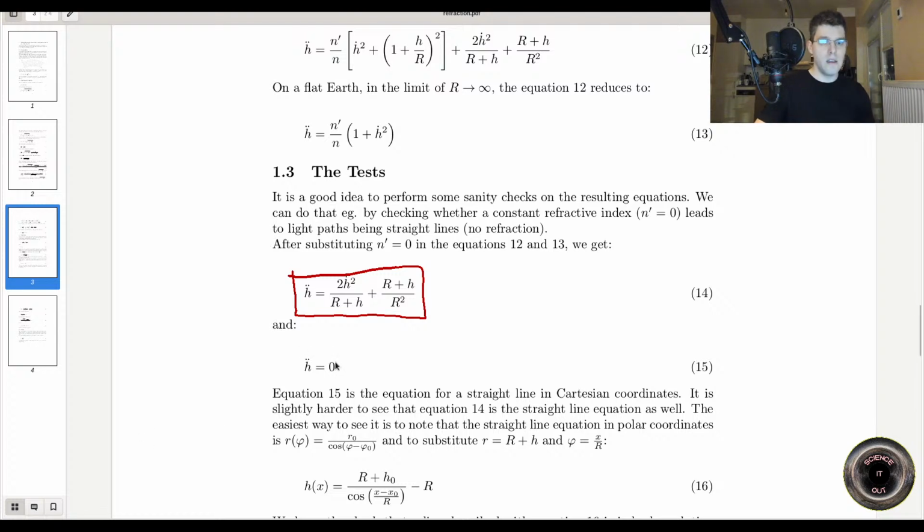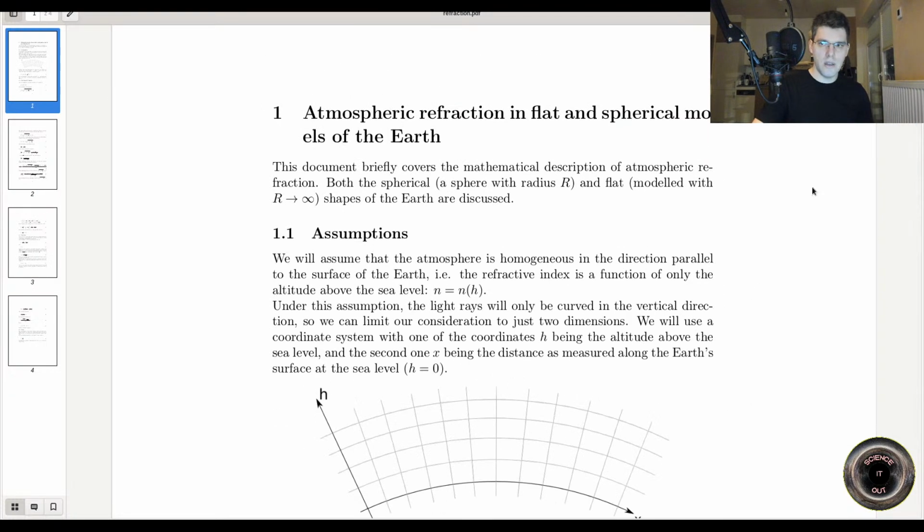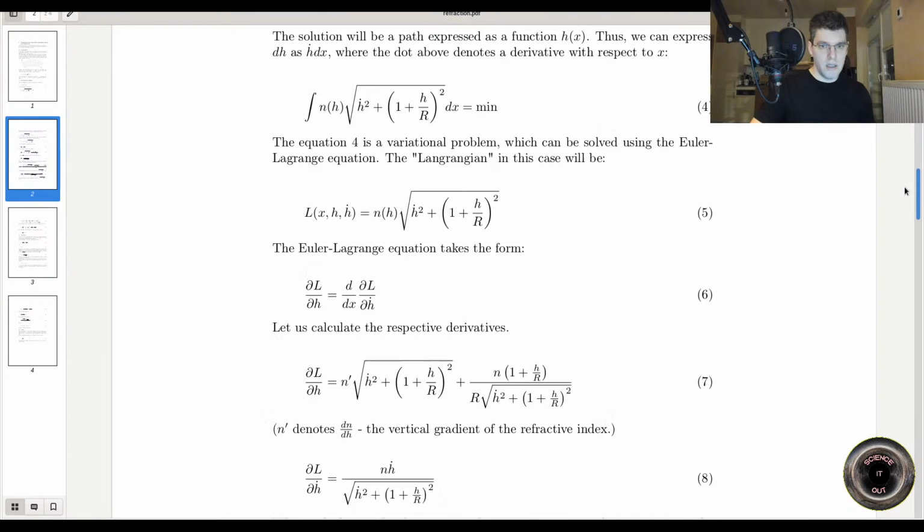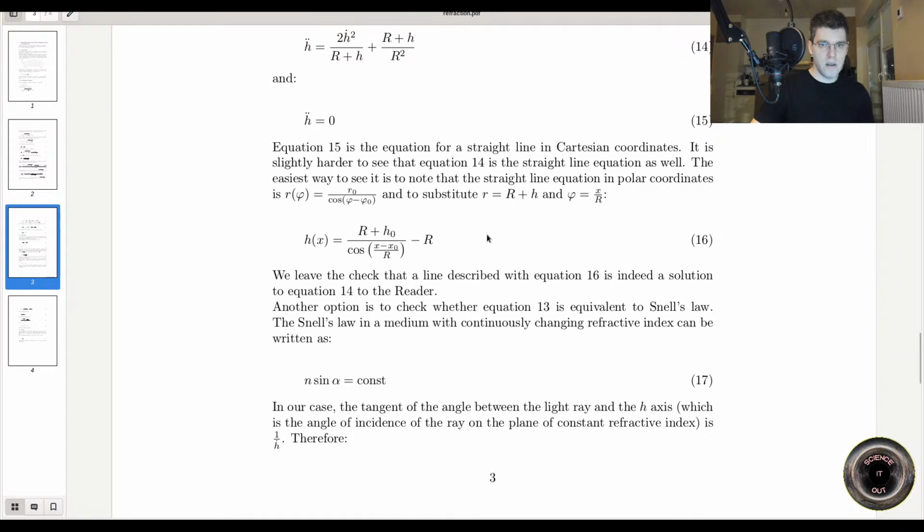But also note that this flat case works in rectilinear coordinates. For the spherical case, since I chose the coordinates in such a weird way, they are not rectilinear, so the equation for a straight line is weirder. It's a bit more complex. So what I'm suggesting here in this document is that the equation of a straight line in polar coordinates can be written like this. So what is this? Basically,